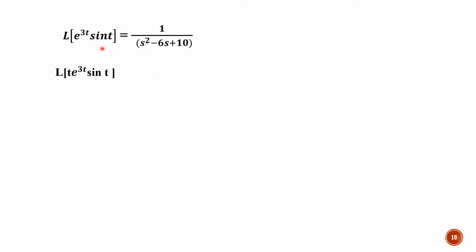So first we have calculated L of sine t. Whatever answer you have got, applied first shifting theorem. Now whatever answer you have got for L of e raised to 3t sine t, differentiate that or use the multiplication by t property. So differentiating the function you got in the previous step once, because we are having t. So minus d by ds of this function.